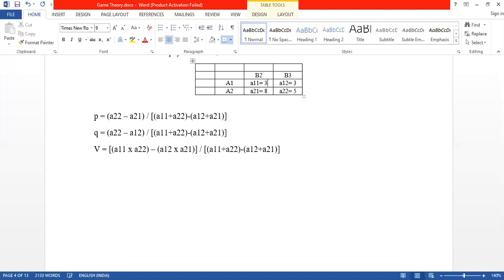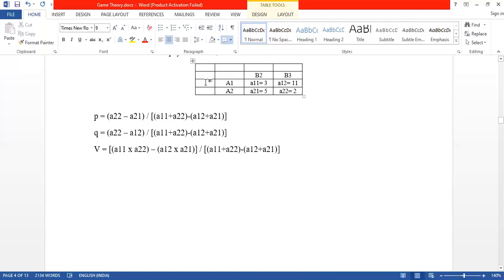So it is 3, 5, 11 and 2. Fine. So we know this is first row and first column, so it is A11. First row, second column, so A12. Second row, first column, so A21. Second row, second column, so A22. Right. Now see, we have reduced the entire problem into a 2 cross 2 matrix. And for a 2 cross 2 matrix, we know the algebraic method or odds method is applied.